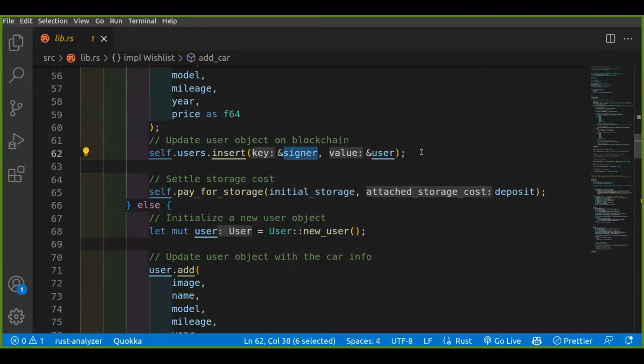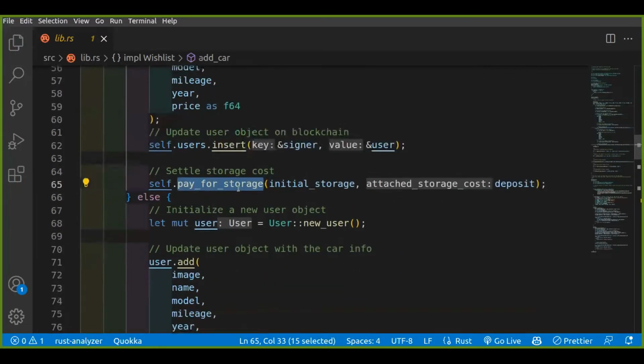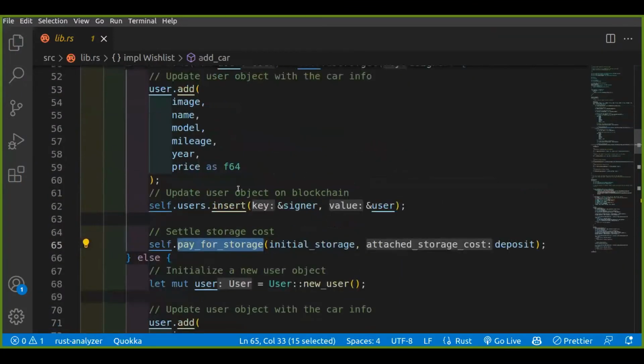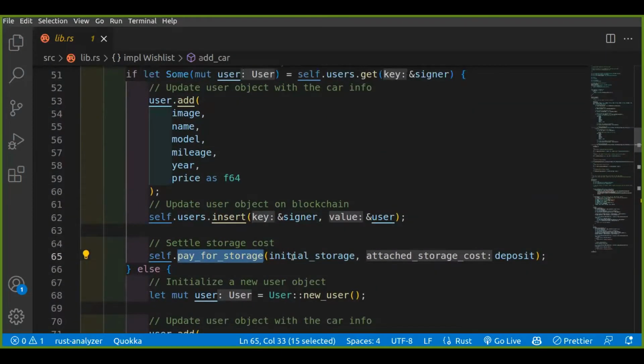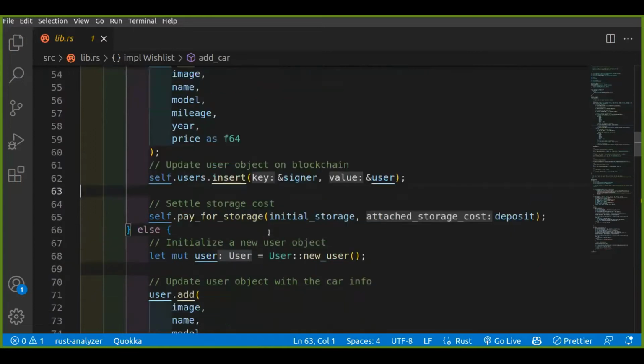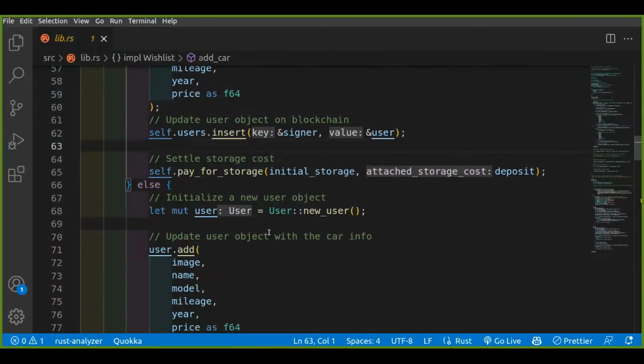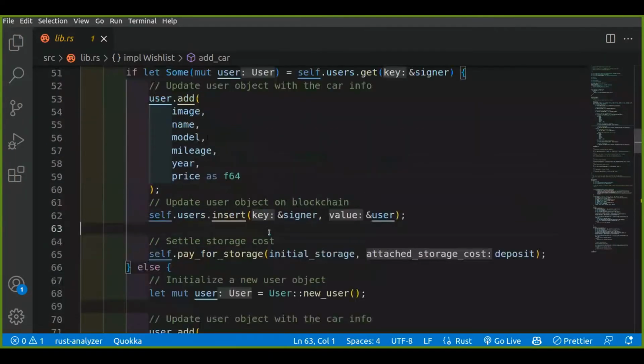Then after doing that, we pay for storage. So I covered this function in our storage class previously. What it does here is basically the same as what we saw previously. We are passing in the initial storage and the deposit, then it will compute and settle the storage cost the user is needed to pay if they attached enough NEAR tokens. Okay. Now, if